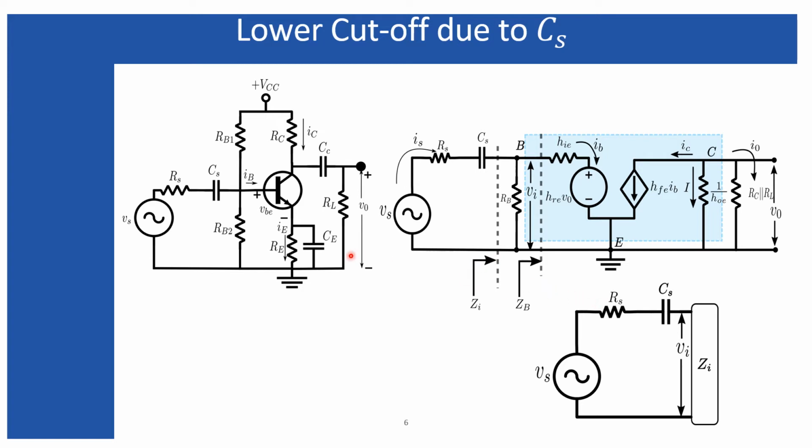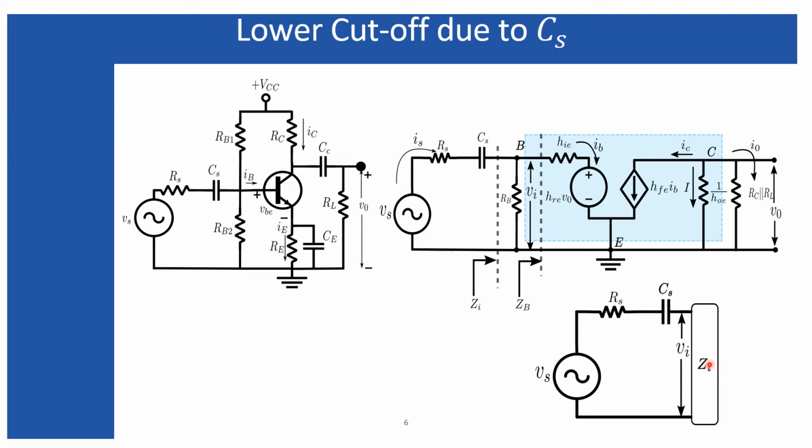So the input impedance of the voltage divider bias circuit is the Zi. The expression I have calculated in my earlier lecture, and you should refer to those lectures. Now these two resistances are Rs and the impedance. Although here I have written Zi, in the true sense it is not actually an impedance, because an impedance should contain a dissipating element, which is the resistance, and an energy storing element, which is the inductance or the capacitor.